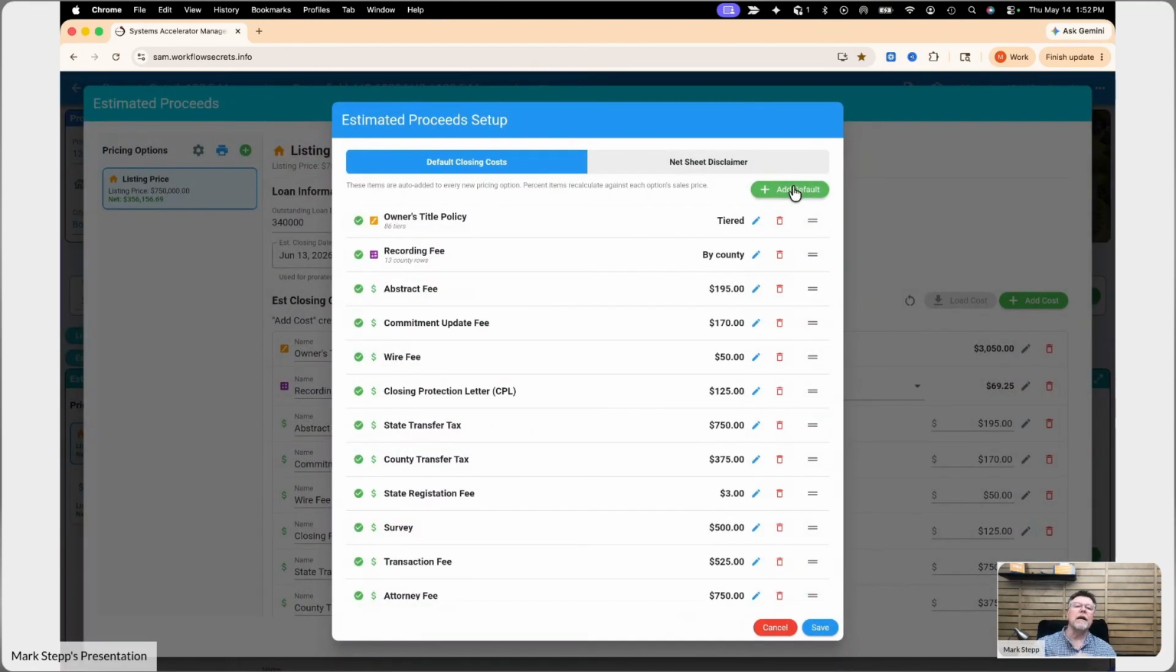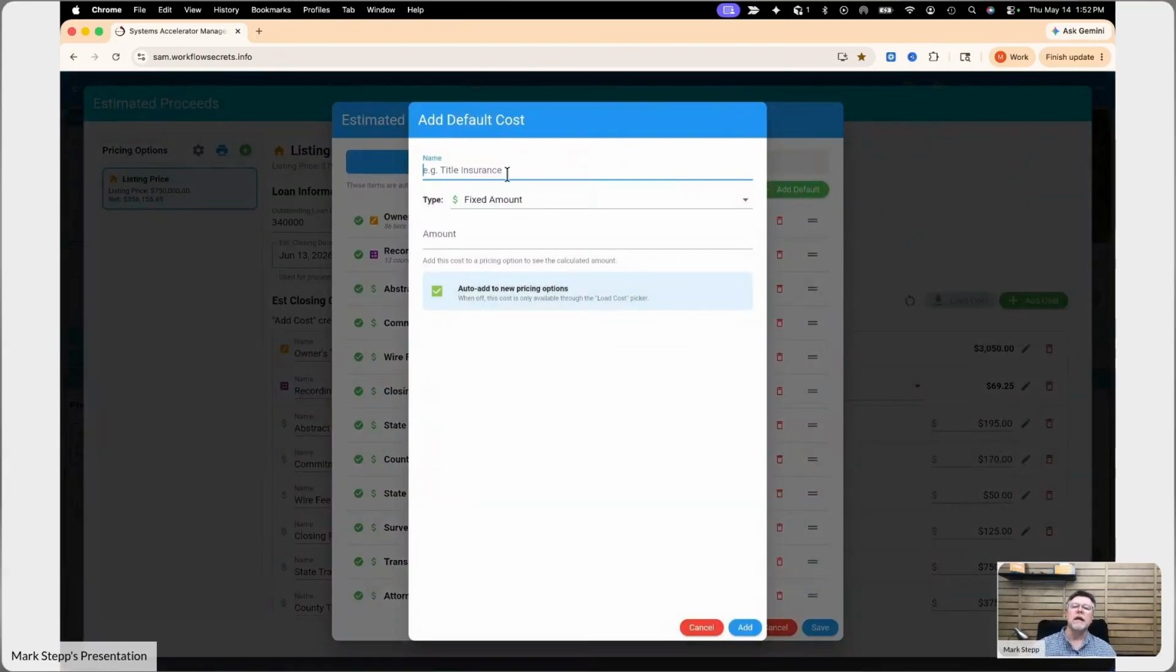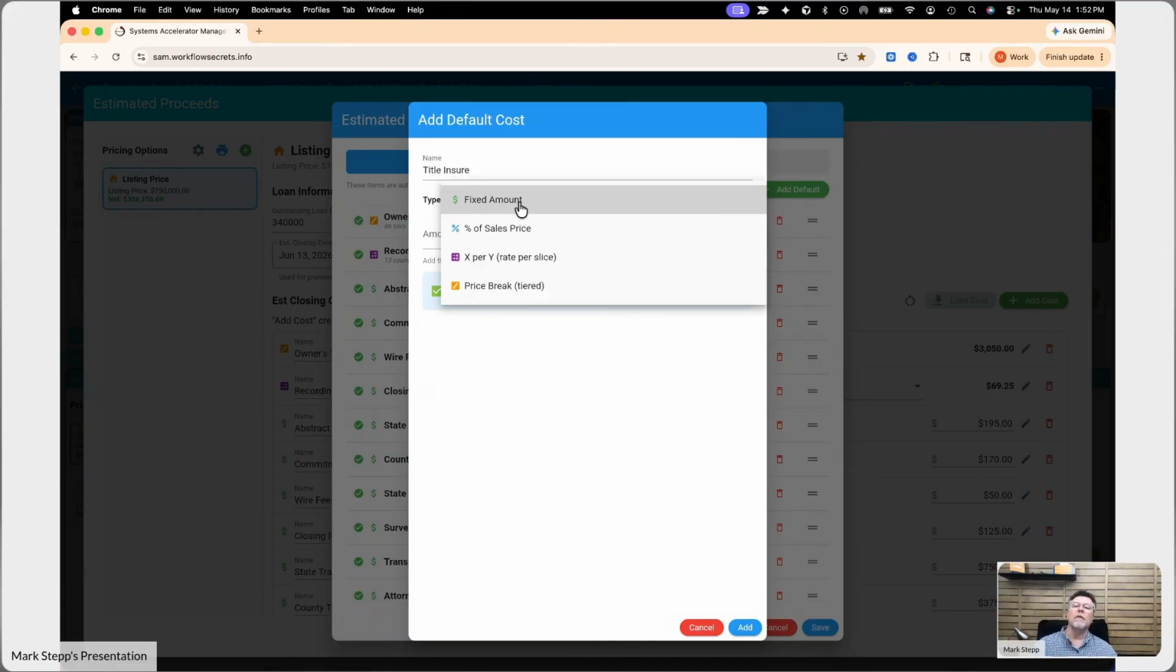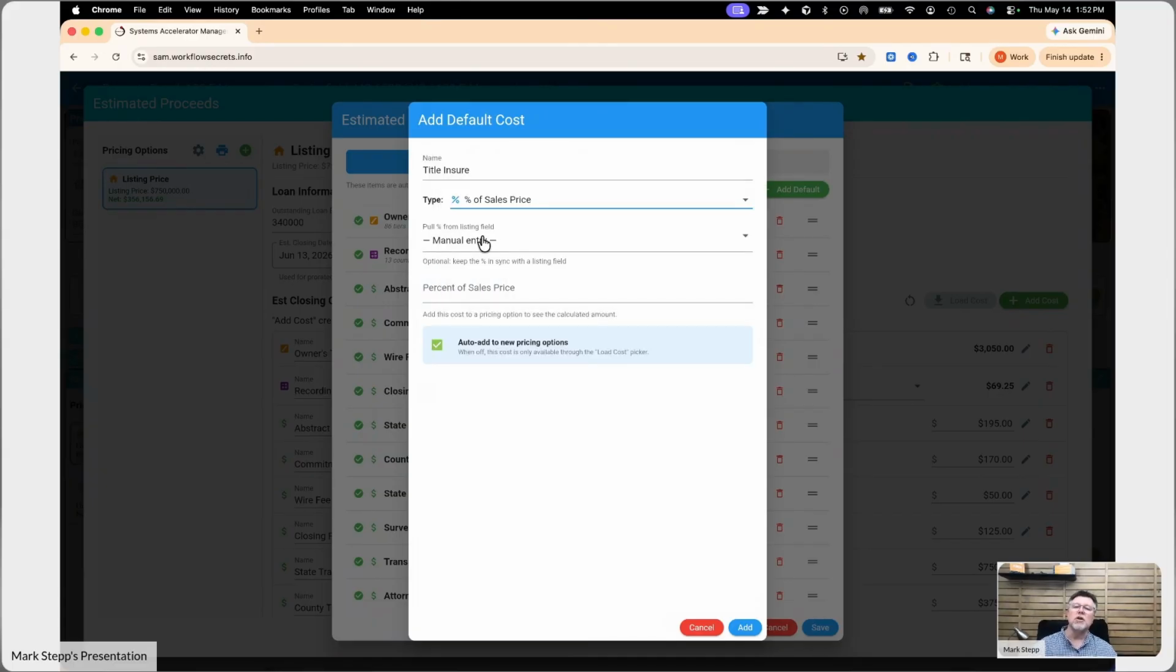You can come in here and add additional items. So if I say add a new default, maybe I want a title insurance item in there. I can do it as a flat fee. It wouldn't really make sense for this here, but $650, you can put that in. Or there are different types of things. You can say a percentage of the sales price. So maybe